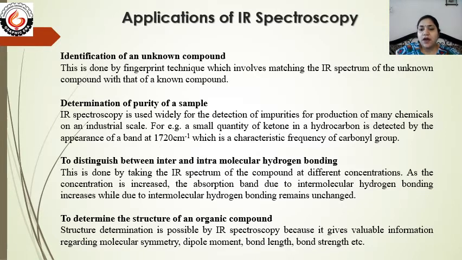So a hydrocarbon has only double bonds, single bonds or triple bonds, etc. But a ketone has a carbonyl group. So if a hydrocarbon contains a carbonyl, obviously in the spectrum we will get a carbonyl peak for the carbonyl compound. By this way we can easily detect any type of impurity, and also the type of impurity. That means which type of functional group the impurity contains.